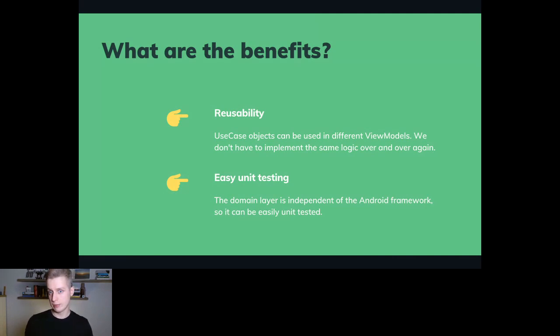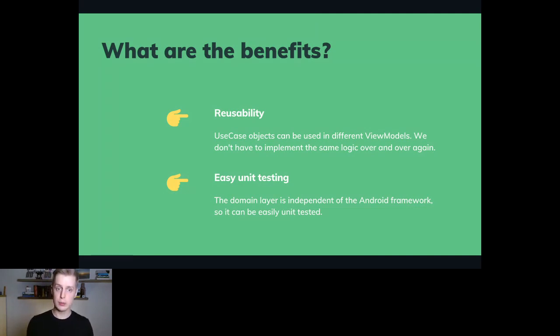And when we have our logic fully tested, this almost immediately increases our code quality. We can do it because the domain layer is independent of the Android framework. We don't have any dependencies on the Android framework inside the domain layer, and that's why we can easily mock our classes there.